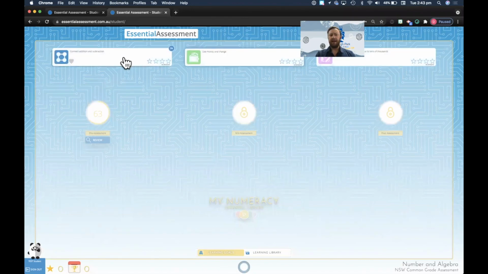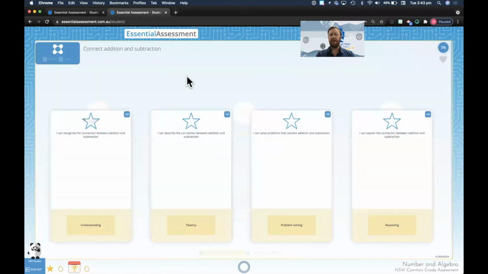You can see that connect addition and subtraction is there where I'd started with that first one just highlighted. I didn't quite go as well as I should. In the top right-hand corner, I've been given that 5% of achievement level. So our teachers are going to be able to look in and see a student here is really struggling and maybe they're going to need a bit more support, or maybe that level was a bit too hard for them to start. When you get some more instruction, maybe you ask your parents, maybe your teacher reaches out to you,